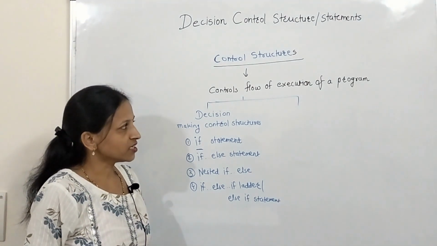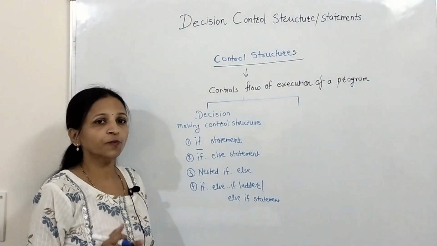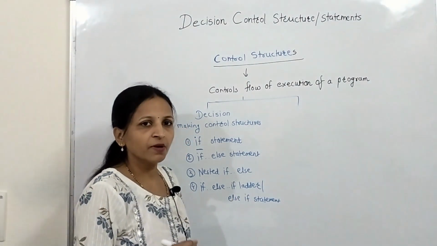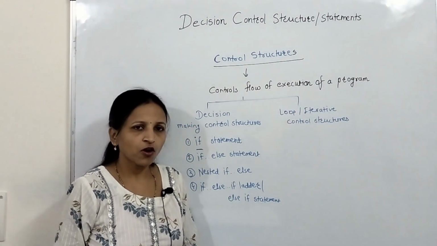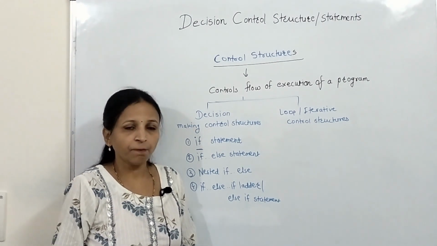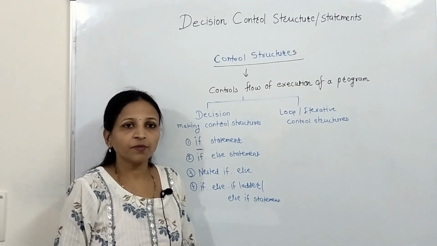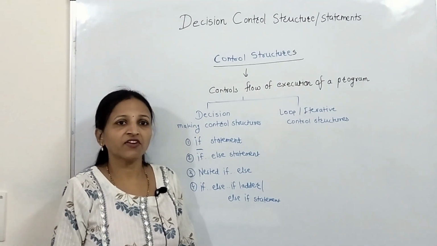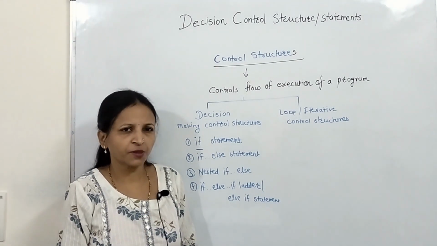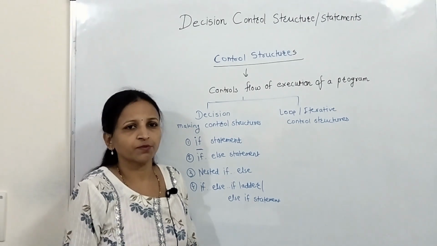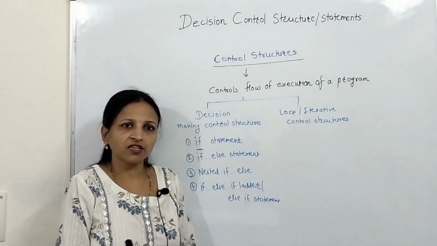Now the second type of control structure is the iterative control structure, or loop control structure, provided by C language. When to use these loop or iterative control structures? Suppose you want to repeat any part of your program multiple number of times. We have just seen the example of welcome. Suppose I want to display that welcome message, which means I want to execute that printf welcome statement again and again, number of times.